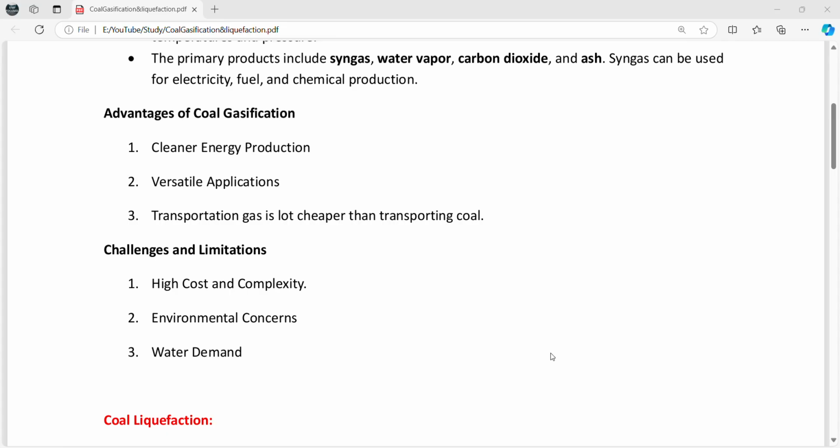Firstly, the coal gases are first cleansed of impurities and fired in the turbine to generate electricity. It is used for the first time. And secondly, the exhaust heat from the gas turbine can be captured and used to generate steam for the steam turbine generator. So in this way, this syngas can be used twice.